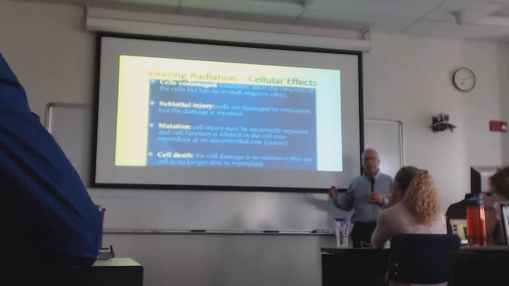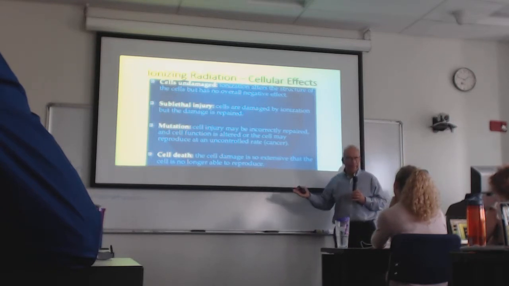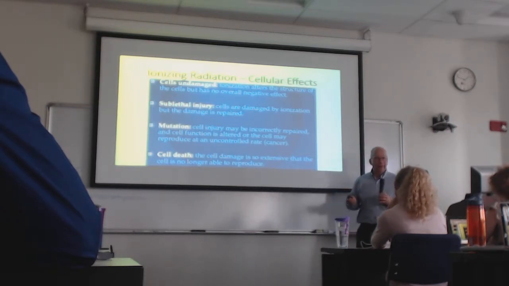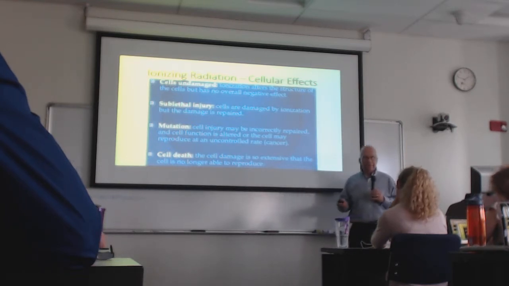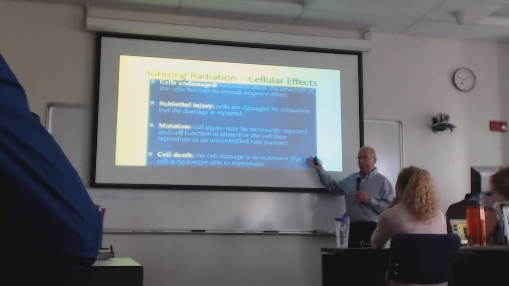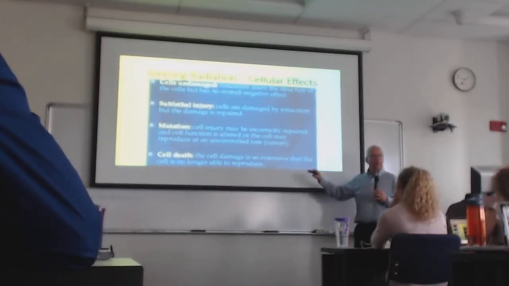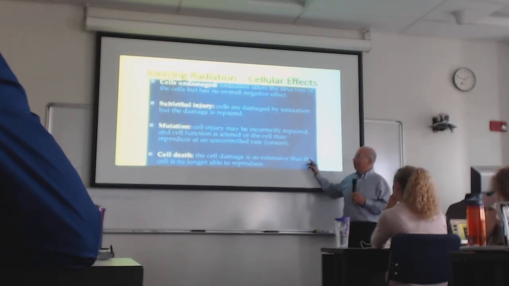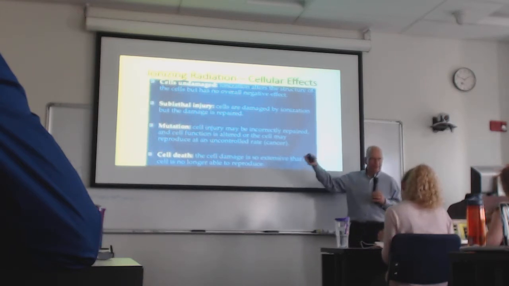Of course, it's probably because we just don't understand it all yet, but there's just a lot of silent DNA in people. Not every base pair is a gene that is causing something to happen. So there may be a mutation in a silent area, where nothing happens, or there may be a mutation in an area that causes a cancer. Or ultimately, the cell could be essentially killed by the radiation. And as we get higher and higher in dose, these are the things that we are most concerned about with nuclear accidents, atomic war, that kind of stuff.